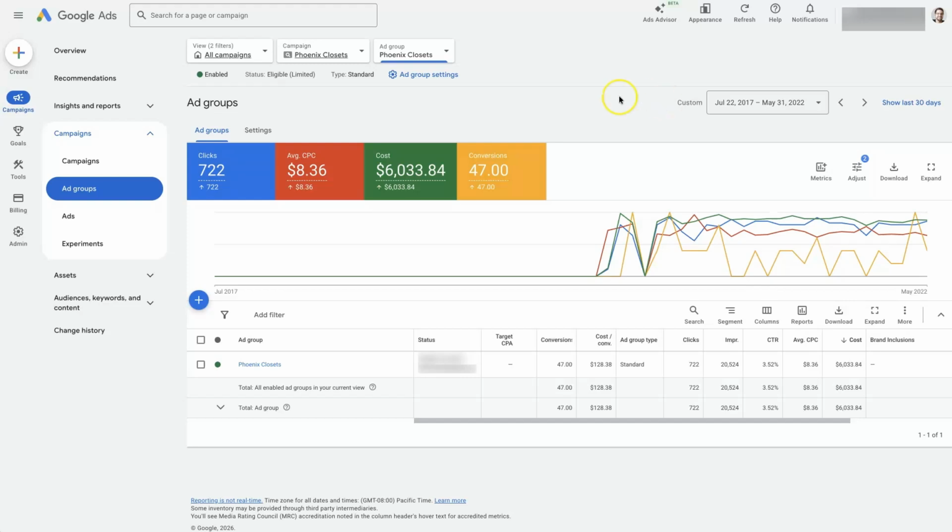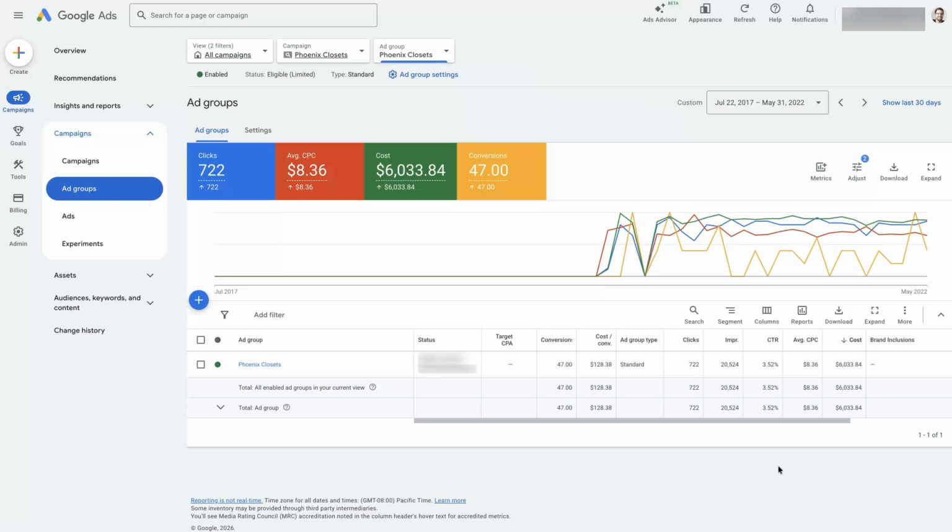Let's take a quick look at how to export reports to Google Sheets from Google Ads. To do this, I'm going to start by going to a campaign and selecting a specific ad group that I know already has data. So I just went to campaigns here, went to ad groups, and selected a campaign and ad group. Now we can see all the data for this, but maybe we want to export this data